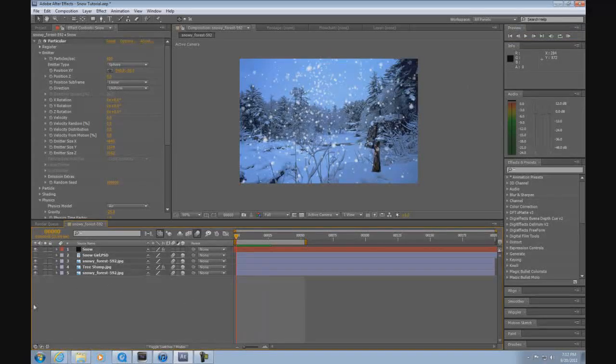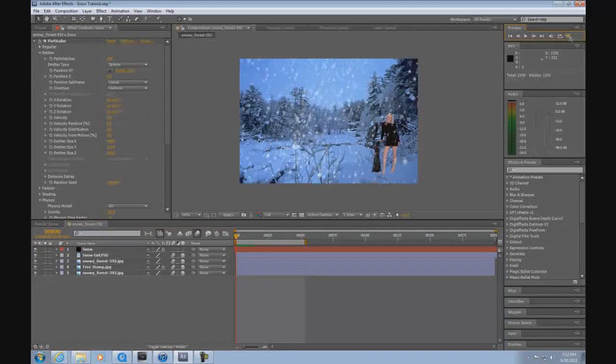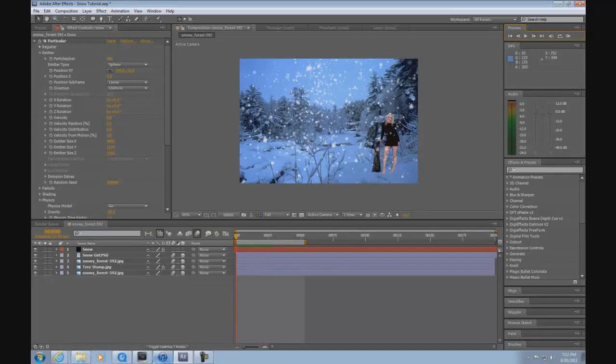And then, of course, no snowy scene is complete until you have a snow bunny out there in the middle of the woods. Doesn't it look fine? And coincidentally, when I was looking up that image,